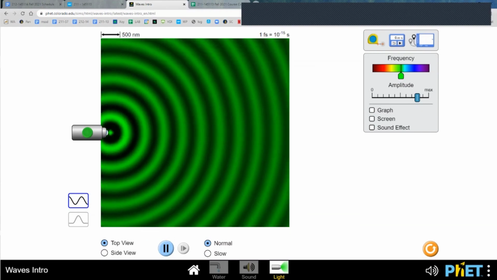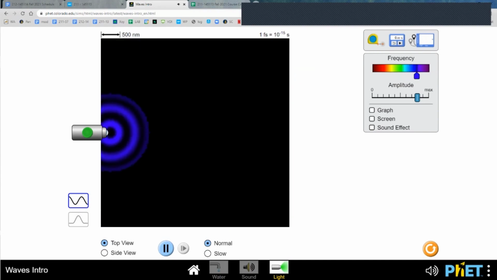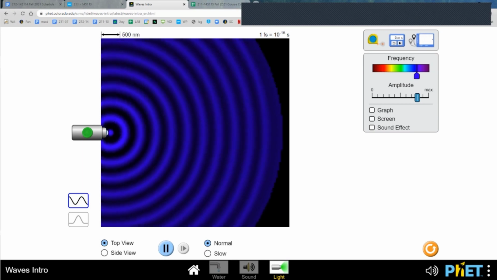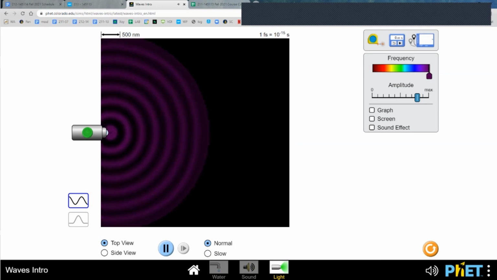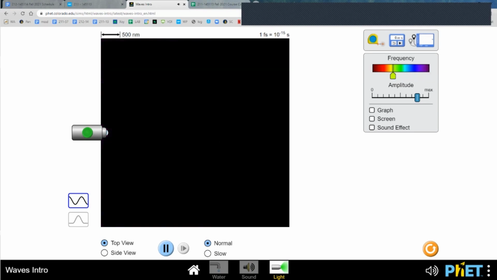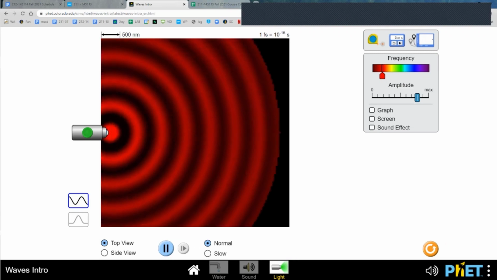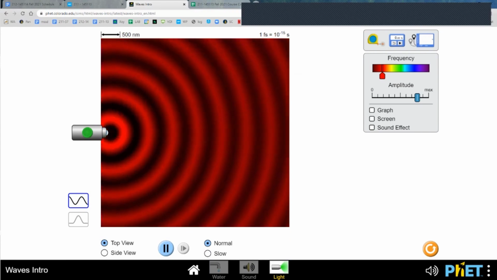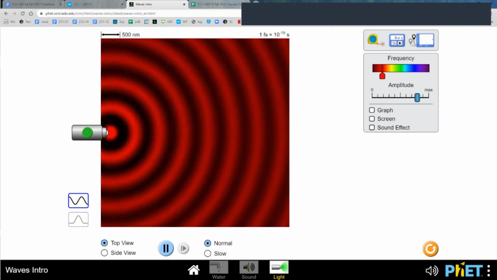Here's medium frequency. What happens if I crank up the frequency? Ready? There. You go to blue light. And if I crank up the frequency any more, I go from blue to violet to ultraviolet. So that's the highest energy visible light. If I crank down here, low energy light is red. So infrared light, which we perceive as heat, is low frequency, low energy, long period, long